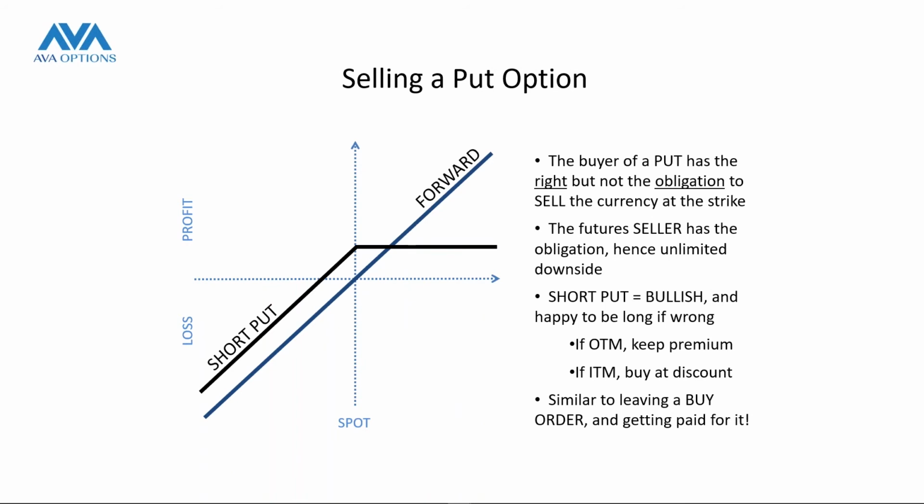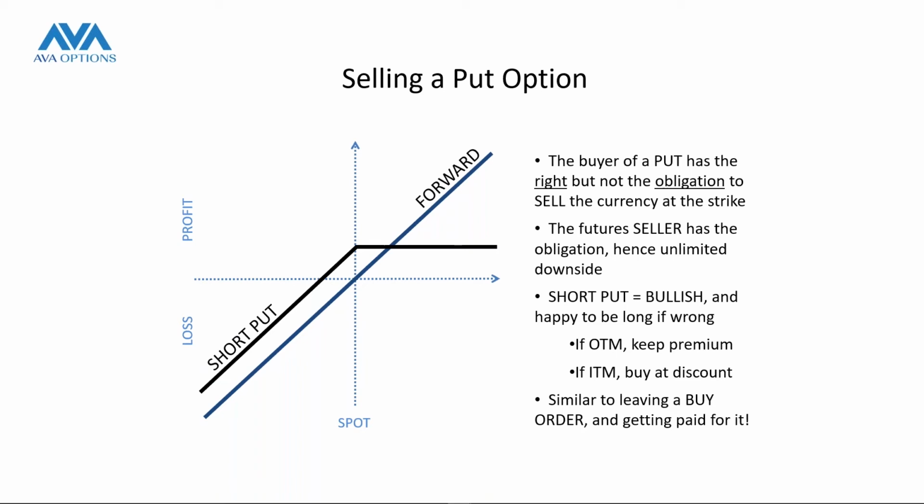Selling a put option is very similar. Sell to someone else the right to sell the asset to you. You think the market's going to stay around here? Sell a put option and get paid premium. There are other ways to use selling a put. It's also often called targeted buying. You can say, if the market goes down, I'm happy to buy. If you're comfortable with that risk, we can pay you up front.